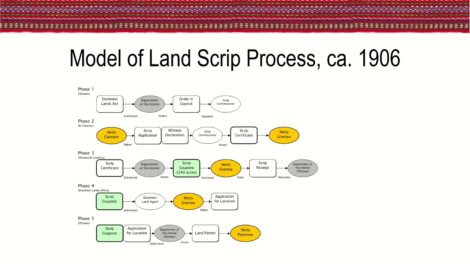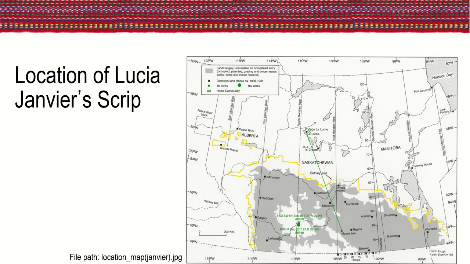It starts with the Northern Council. There's about 125 orders and councils relating to Métis entitlements. This often defines the scope of the commission. What we've done here for land scrip, and almost everything I'll be saying here is about land scrip, it doesn't really apply to money scrip, is we've broken out the process as part of this forensic approach. And the key issue here is the location of the scrip. What can we learn about that?